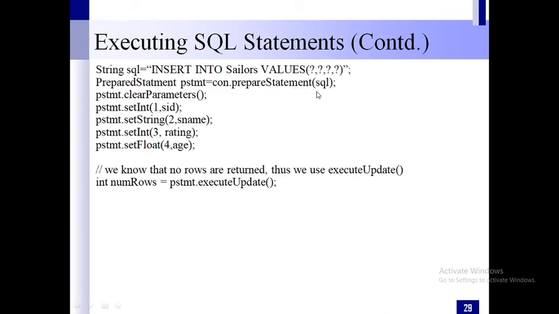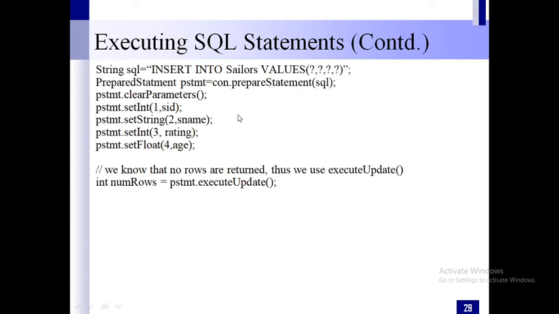Here you pass this string, which contains insert into Sailors values. So this entire string is given to the prepareStatement method. And here you can see con is the connection object. Using this connection object, you are calling the method.